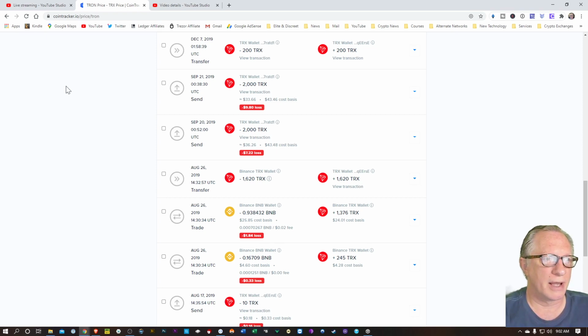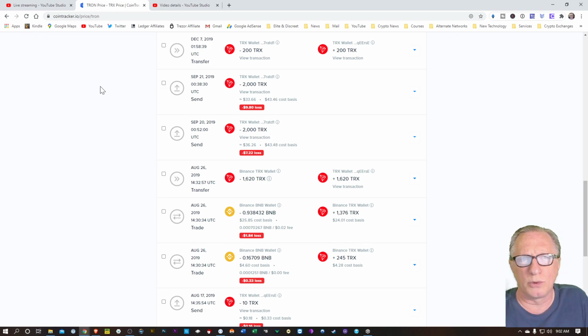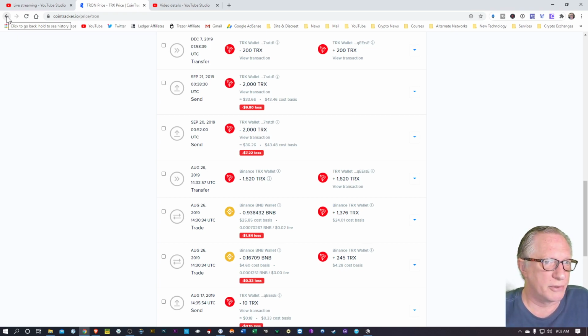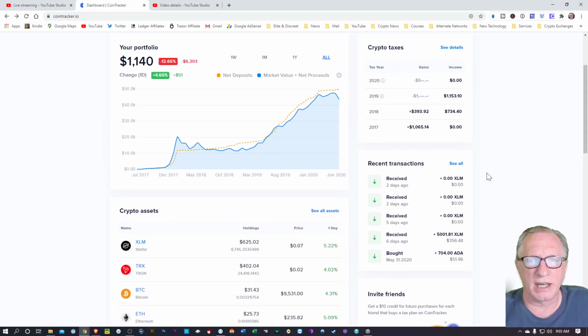You say your software for your trading gives you cost basis average and all that kind of stuff. I don't know that Cointracker does that, but it will allow you to at least track down those transactions individually, right? And it does give you an overarching